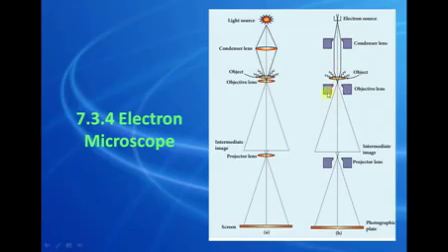The electrons are emitted from the source. Here you see that the electron source is nothing but an electron gun. Using the electron gun, they produce a large amount of highly accelerated electrons. The highly accelerated electrons pass parallel through the magnetic condenser lens. Then they strike the object and produce an image. The image of the object is similar to the nature of the object.